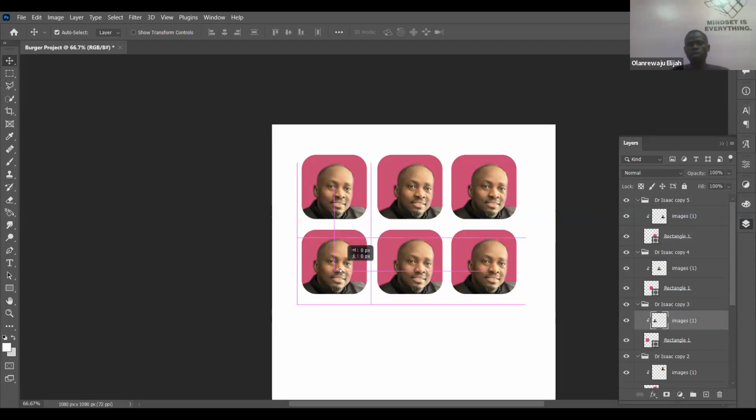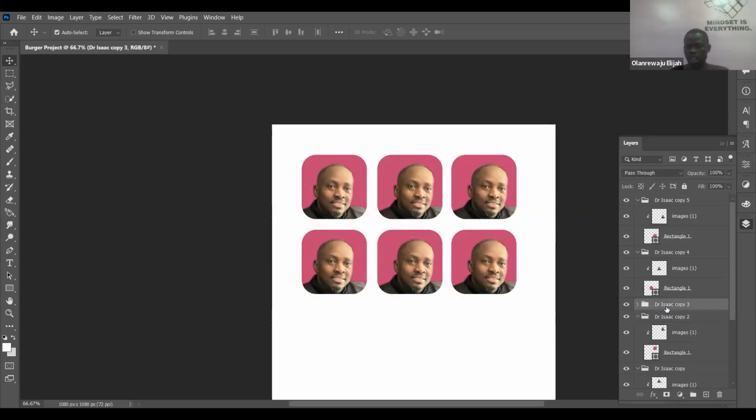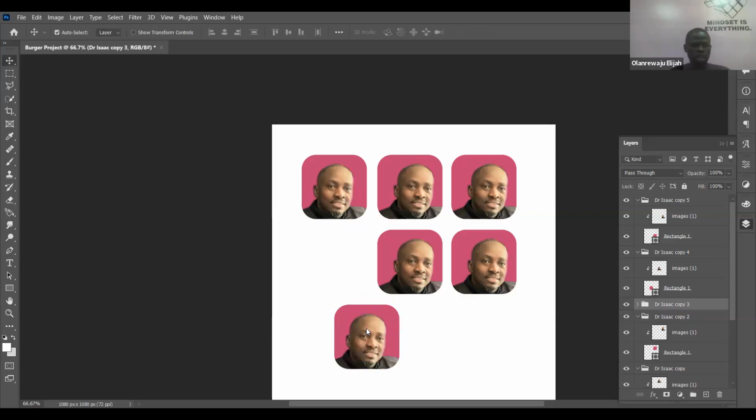That's why you cannot move it out, meaning that you can only move the two of them together. And what do you do? You select that layer, right? You know that I've grouped them. You select that layer, the group, then you press Control T, then you move it around to wherever you want to move it. Do we get it now? So that's how that one works.